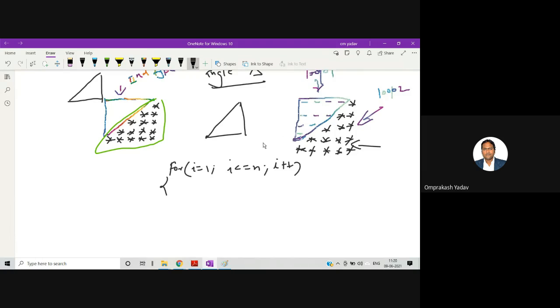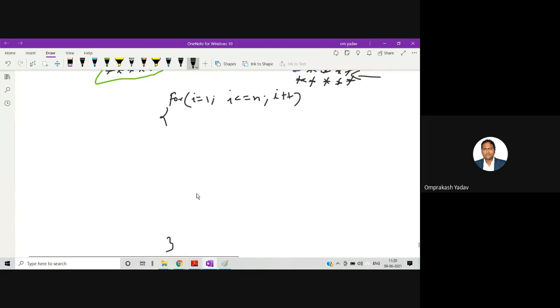So first I'll print this pattern. Okay, loop 2. So I'll write over here for j is equal to 1, j less than equal to I, j plus plus, printf star. Okay, so this is our first type.